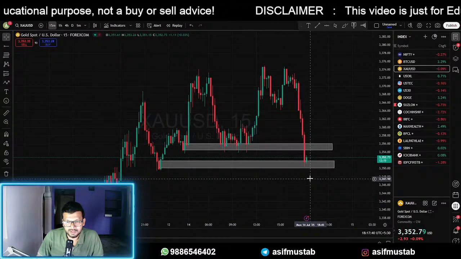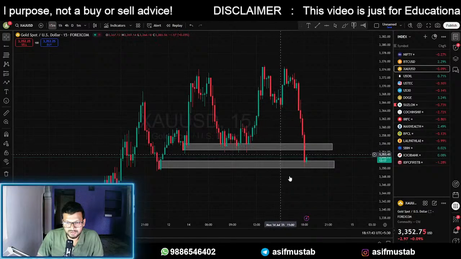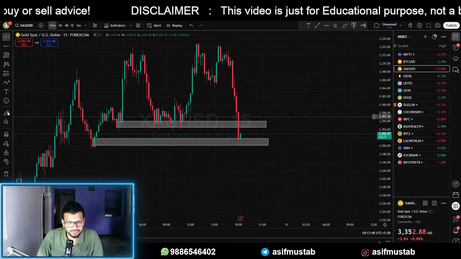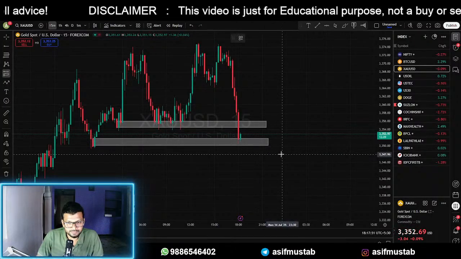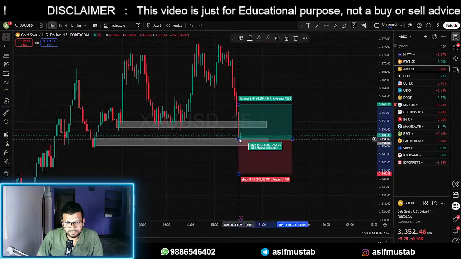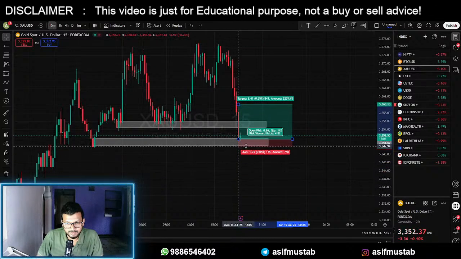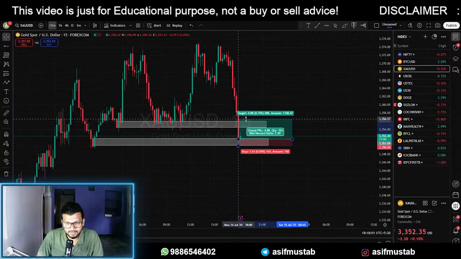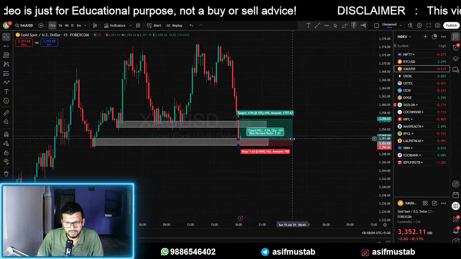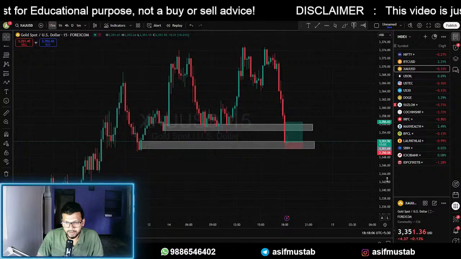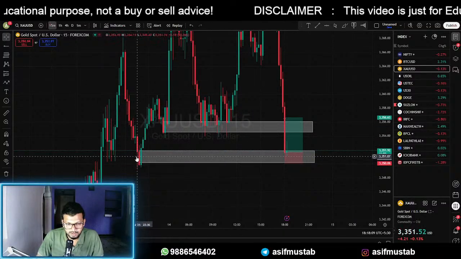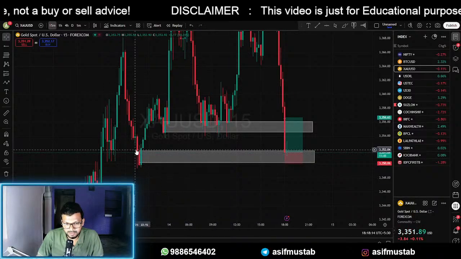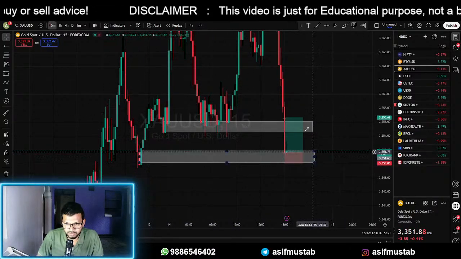Okay, gold is continuously falling. It has broken this previous support also. Now, here we can plan in gold. And your SL must be small and your target must be 1:3. Why? Because there is, what do you say, an order block here, okay? And there is a chance that from this order block we can see a little reversal.